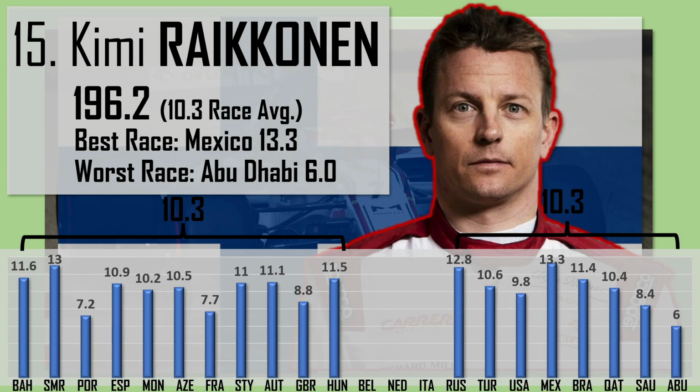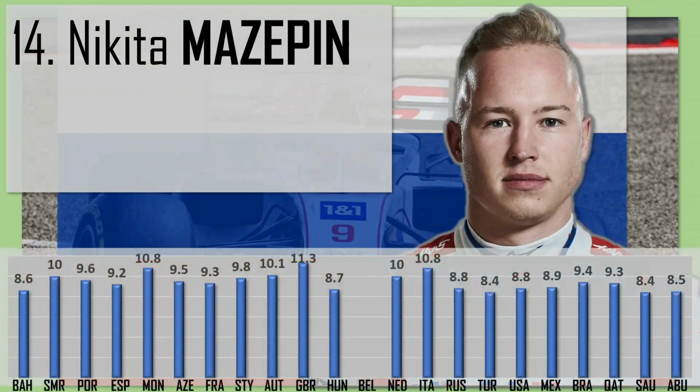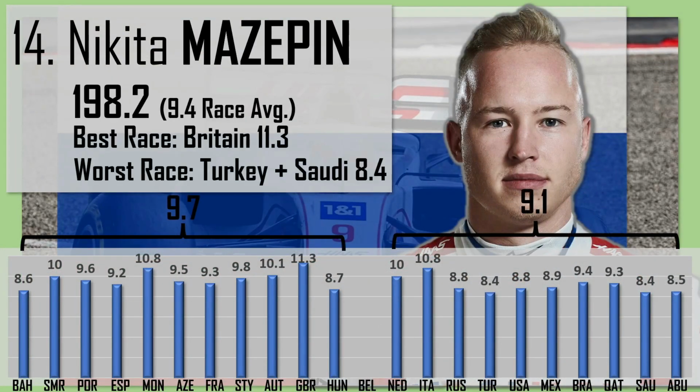With P14 of the year going to Nikita Mazepin in the Haas. Now, Nikita actually had some fairly strong races. He ended up scoring 198.2 across the whole season with a 9.4 race average, with a best race result of Britain, 11.3, and a joint worst race result of Turkey and Saudi, scoring 8.4. However, again, like most other drivers so far this season, he performed better in the first half of the year